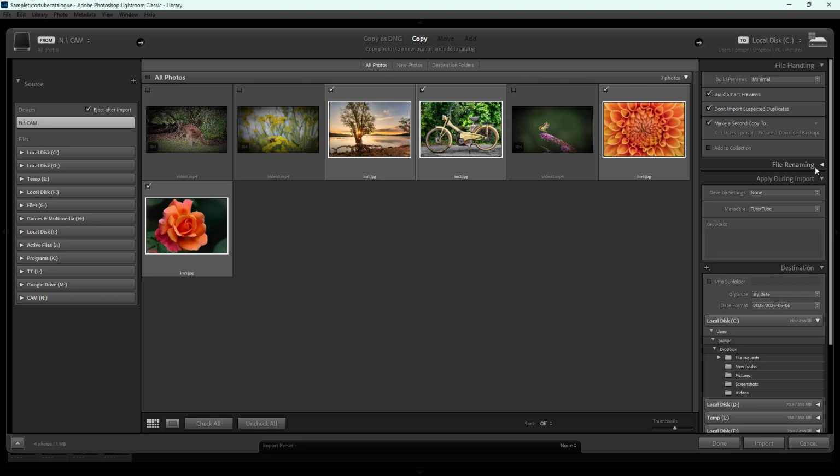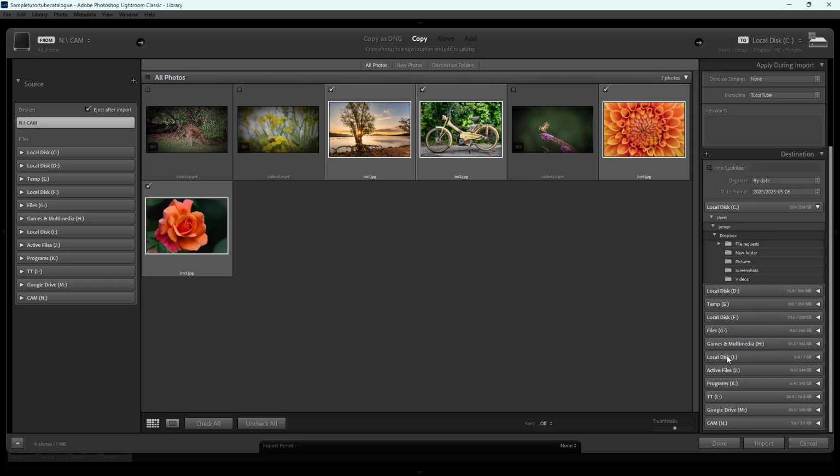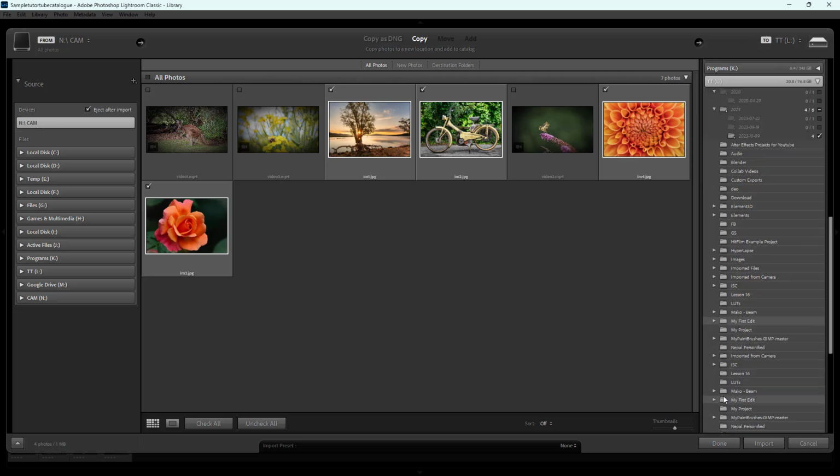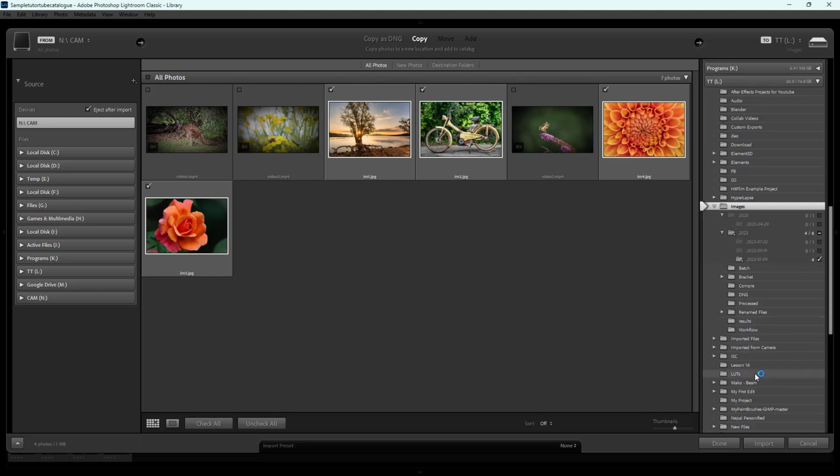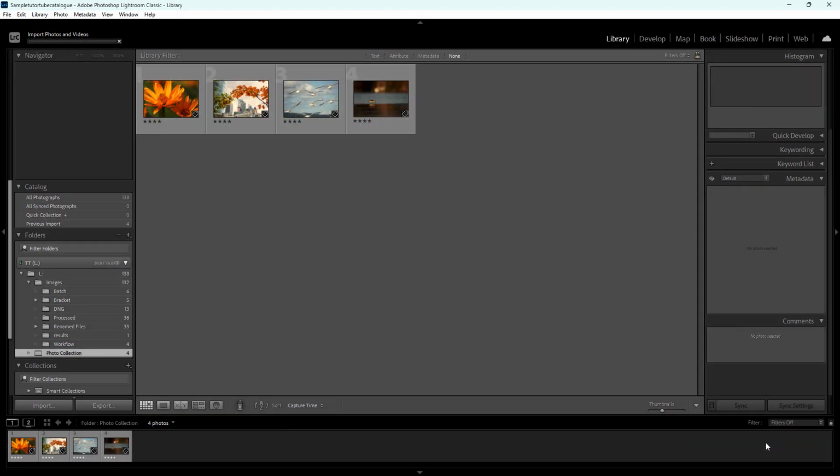And you can also select a destination, like for example in the C drive, or in my case I'm going to select my YouTube drive right here, just like this. And then let me import it into images right here. Once you select the destination, what you can simply do is click on import, and then it'll copy the images out of that memory card